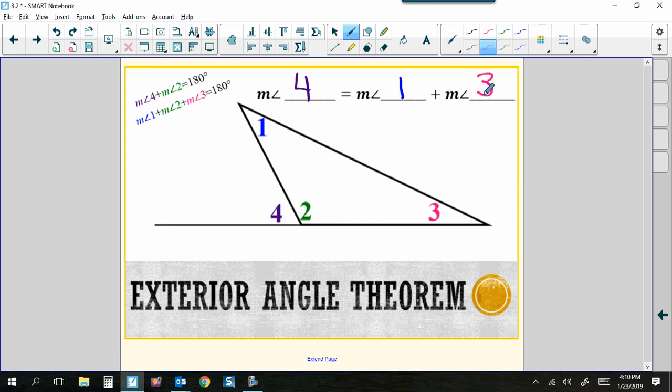And again, the evidence to this theorem is right here in these two equations. Both angles 1, 2, and 3 add to equal 180, and angle 4 and angle 2 equal 180. So therefore, these two equal each other. Canceling out angle 2, you're left with angle 4 equals angle 1 and angle 2. I'm sorry, angle 3. Perfect. So there you go. And then you're going to be able to use that now to find missing angle measurements. If you're given 2 of them, you should now be able to find the third.